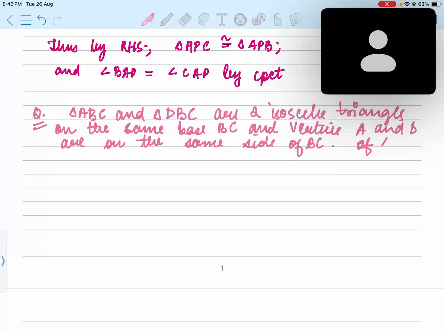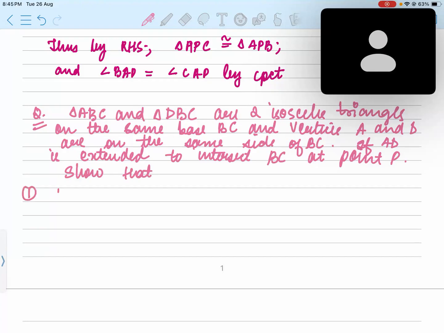If AD is extended to intersect BC at point P, show that